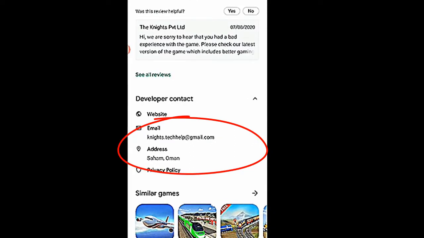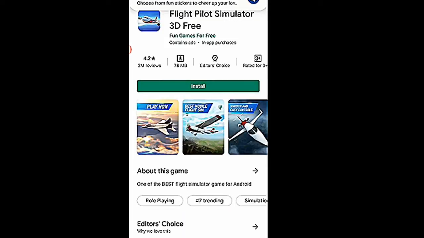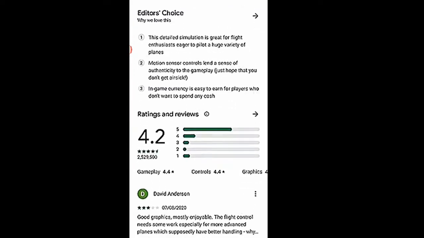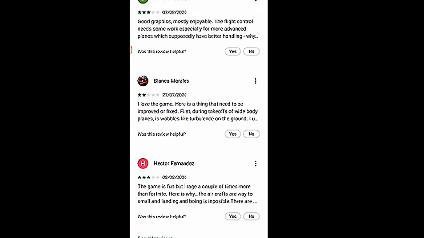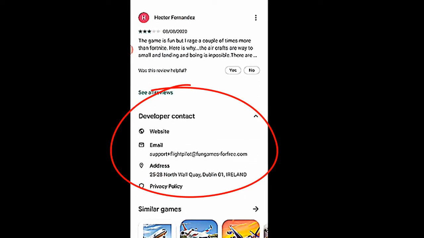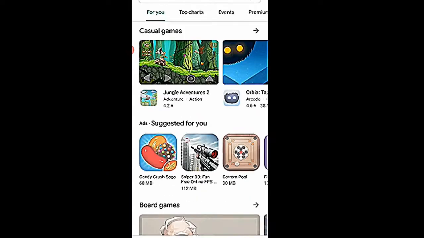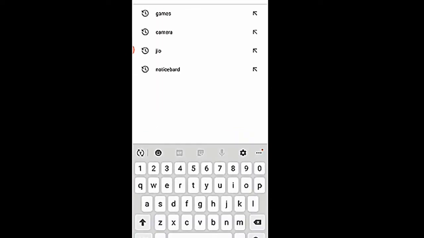See, this application's maker is from Oman. It's very clearly visible. Let's go to this again. Some reviews are there. Developer contact. This particular developer is from Ireland. Very clearly given.